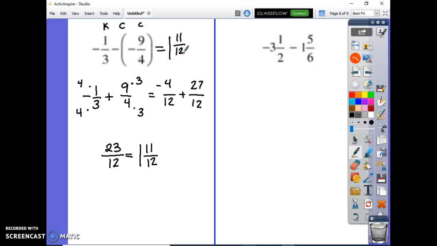Okay, so now, again, we're on to mixed numbers with uncommon denominators. Before we do anything, because we're subtracting, we're going to keep, change first. Keep the first fraction the same, negative 3 1/2. Change that subtraction sign to an addition sign, and change the sign on the last fraction to a negative. Okay, so now